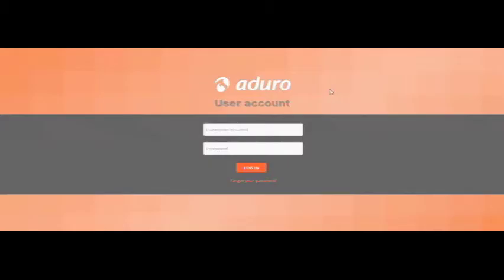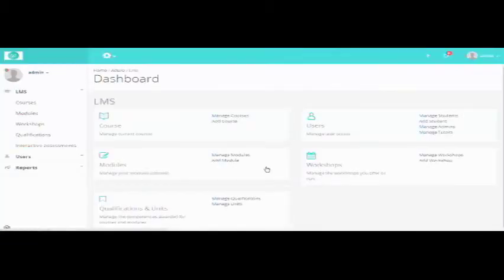So on the Aduro system, you have the option to enter your username or your email. Mine is just admin, okay? And my password is already saved in here. So click login. Now once you are logged in, notice on the left side, this is actually what we call